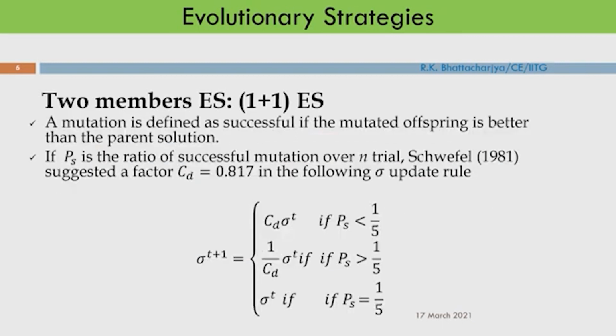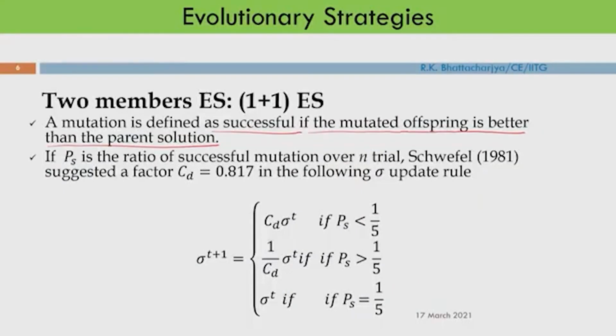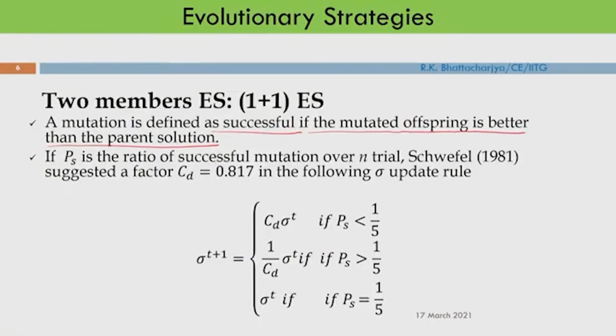A mutation is defined as successful if the mutated offspring is better than the parent solution. So, what is a successful mutation? If the mutation is creating a better solution than the parent, then we say that is a successful mutation. But if it is not creating a better individual, a better solution, then we say that is an unsuccessful mutation. Then Schwefel defined, if PS is the ratio of successful mutations over n trials, then Schwefel